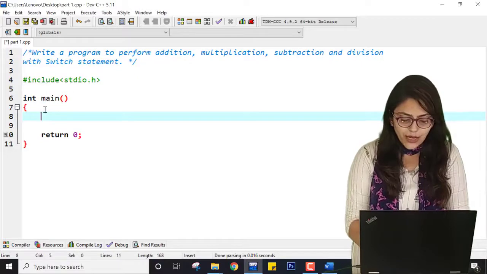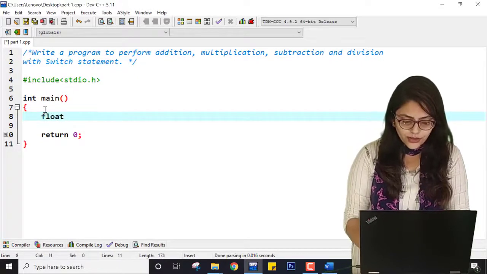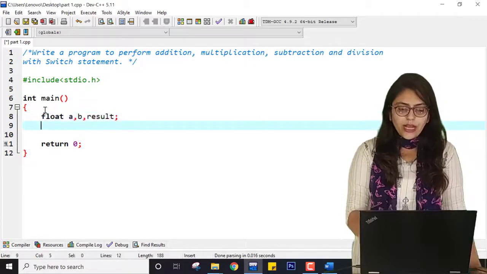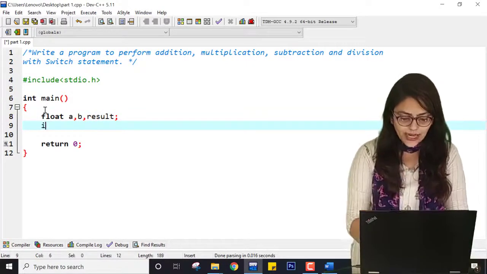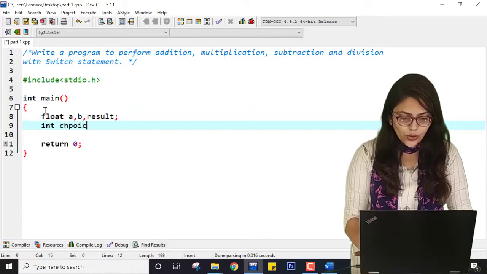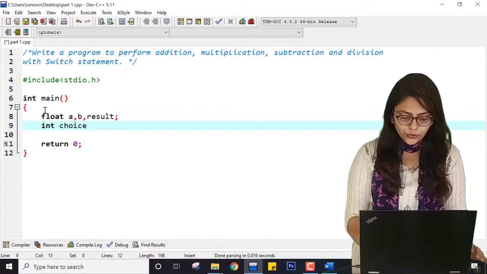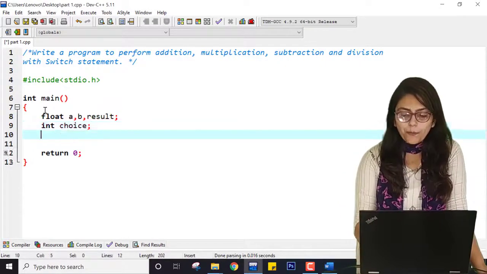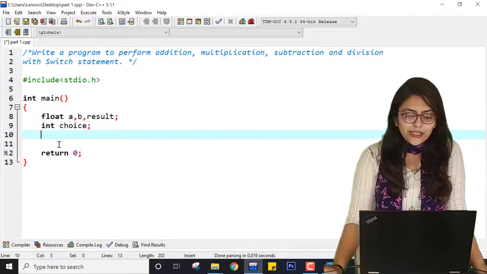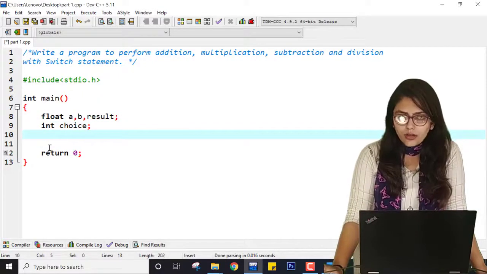For that program I have to take two values, first a and b, and result. So I am taking them as float, then I am taking int choice. I am going to take the user's choice of which operation they want to perform. So based on this I am declaring four variables.